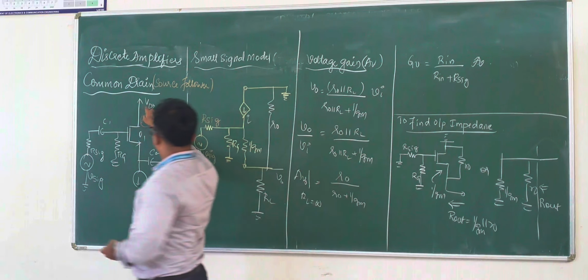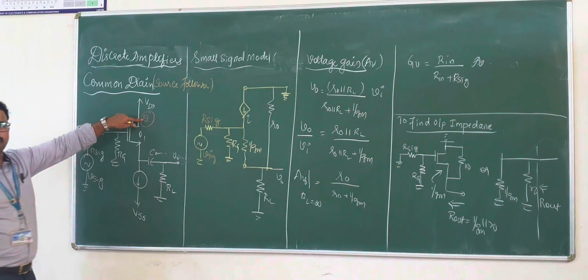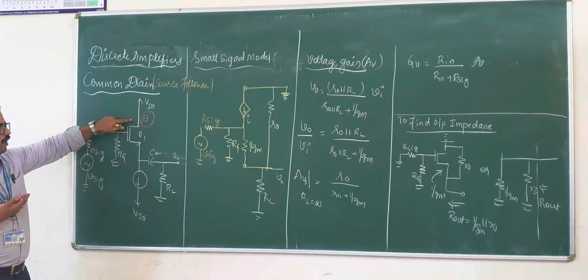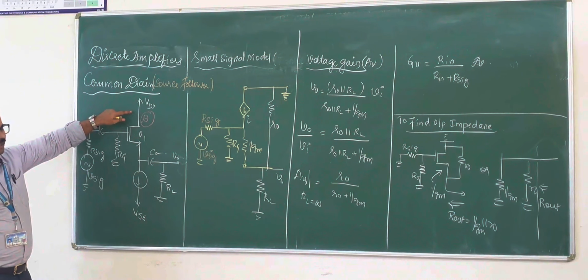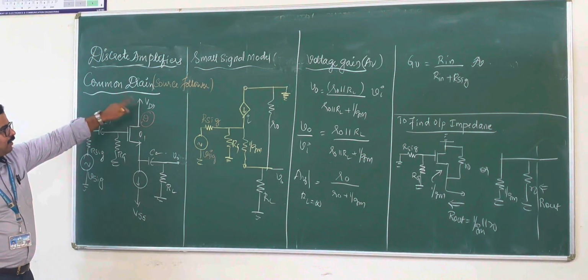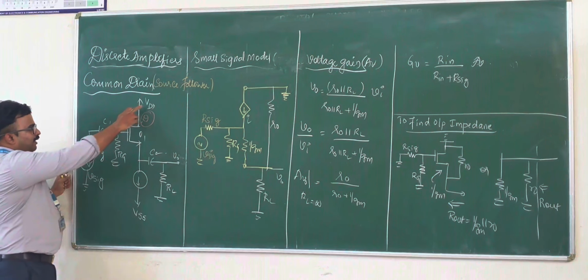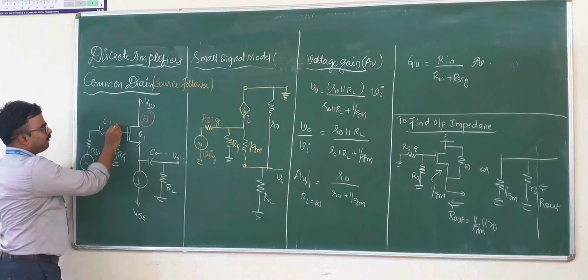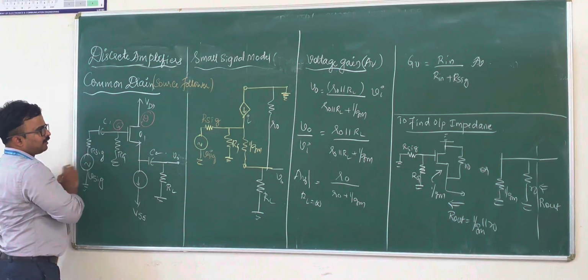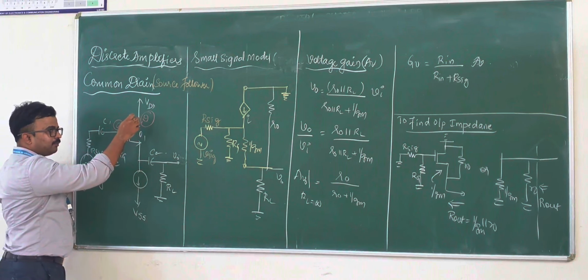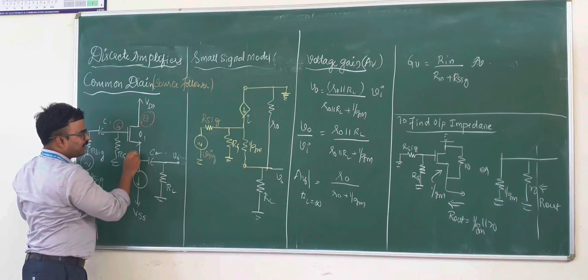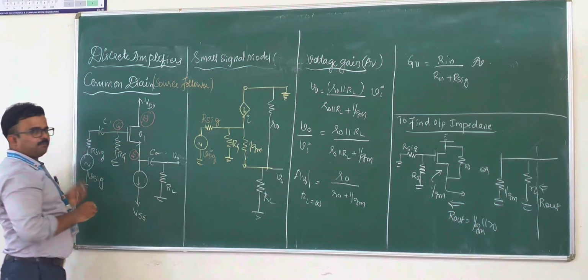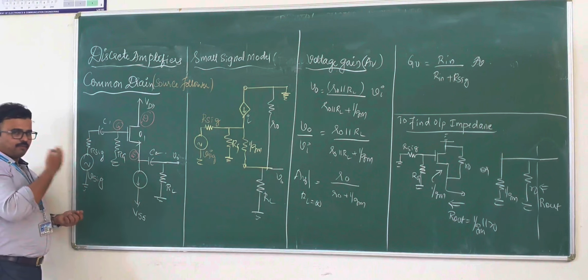Since the drain terminal is common to both input and output, there is no requirement for connecting a resistance RD. So the current also becomes redundant, so better you don't connect directly the drain terminal to VDD. Next thing, the input is given to the gate terminal. Since the drain terminal is made common, output is taken at the source terminal. So this is the important change you need to note to compare.